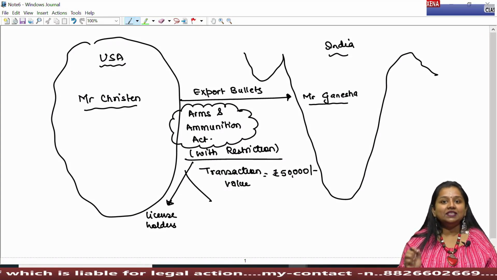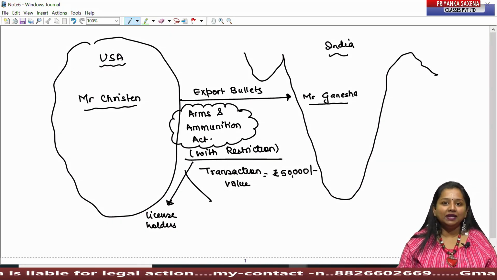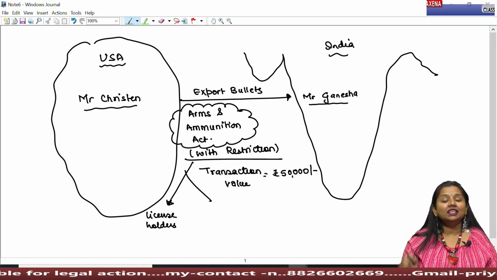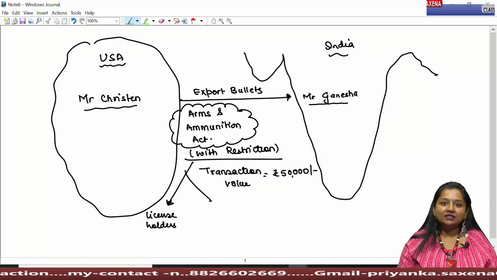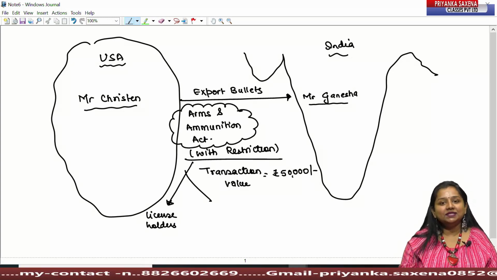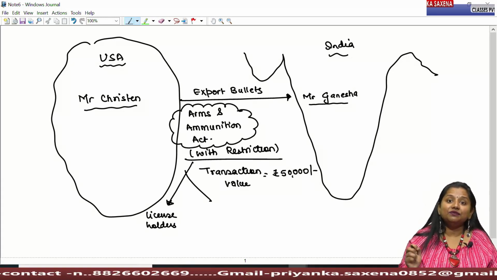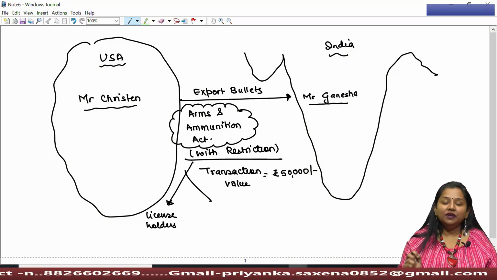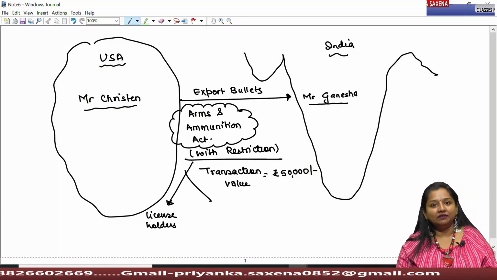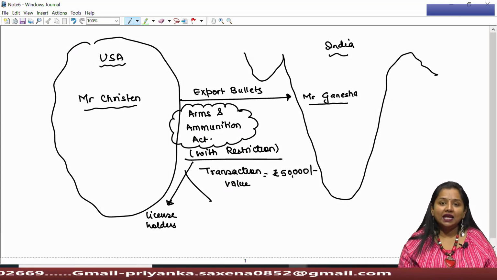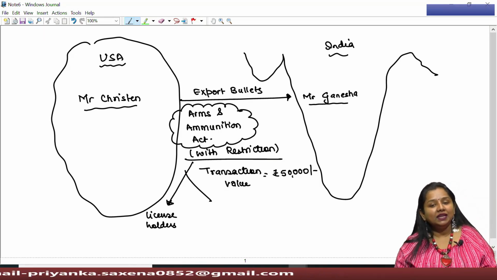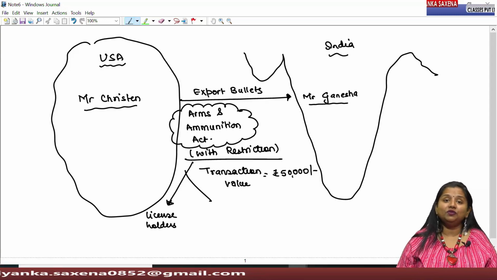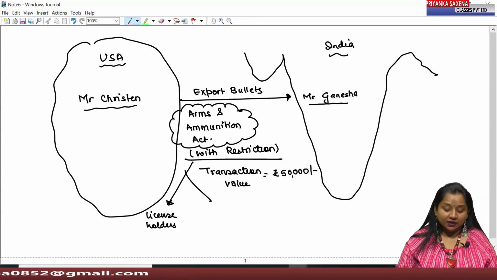And if any person is found to have kept such a weapon without obtaining any license from the proper authority, then such a person shall be deemed to be a terrorist. The live example of this particular case is Mr. Sanjay Dutt. Mr. Sanjay Dutt was found guilty after keeping an AK-47 with himself, even though he hadn't used it at all, but he was found keeping this gun at his place without obtaining any license. Therefore, he was deemed to be treated as a terrorist, for which he had to suffer the penalty and imprisonment.